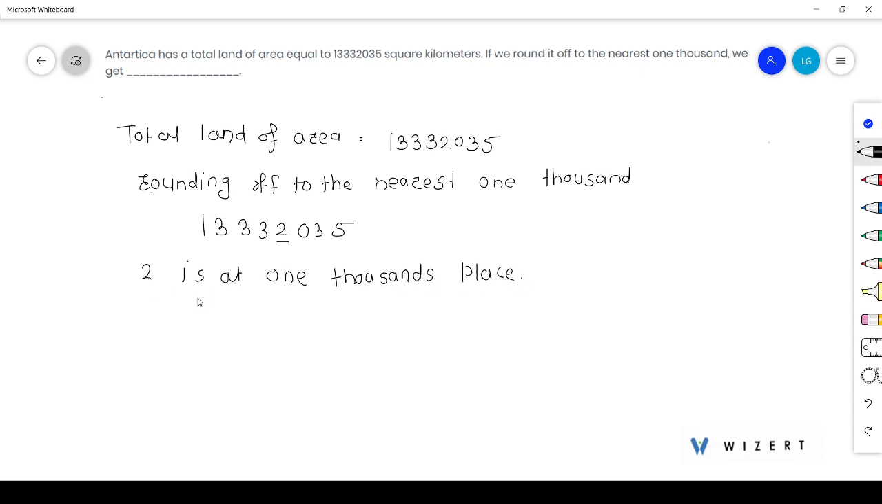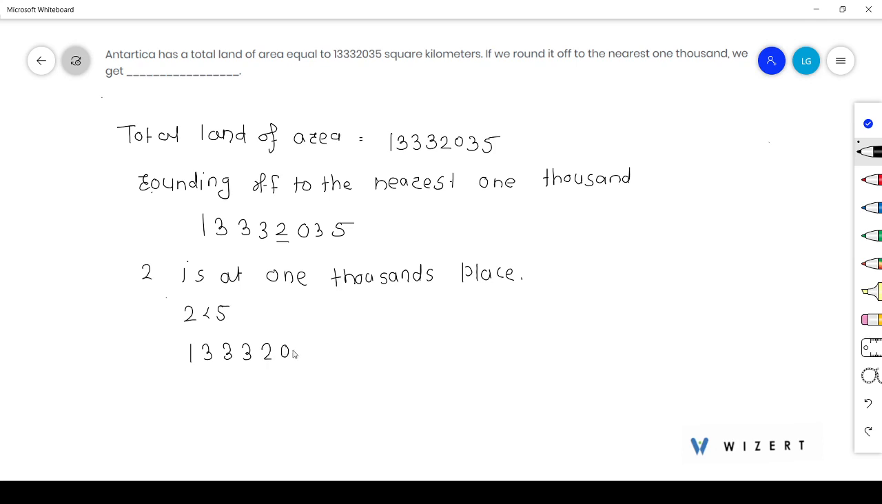Now to round off to the nearest 1000, firstly check whether that number is less than 5 or greater than 5. Here we can observe 2 is less than 5. So, rounding off here, just keep that 2 as it is. If it is greater than or equal to 5, that number changes to the next number. Okay, means we need to add 1 to that number. But here as 2 is less than 5, we can put that number as it is, and